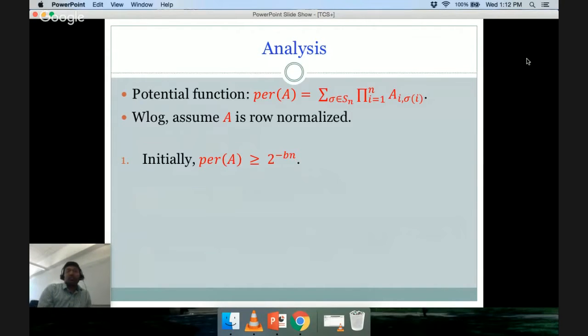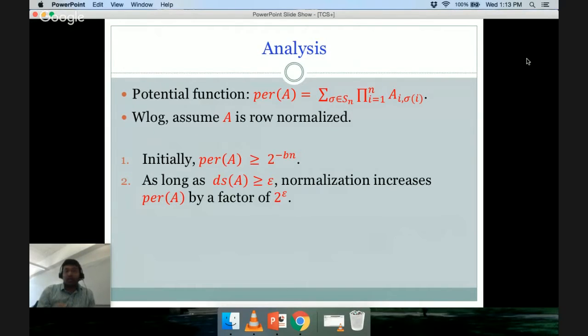Initially, the permanent of the matrix A is at least 2 to the minus bn, where b is the bit size of the entries. This is easy. The permanent of A is at least the product of the diagonal entries. Each of the diagonal entries is at least 2 to the minus b, so the permanent is at least 2 to the minus bn. As long as the matrix is far from being doubly stochastic, let's say epsilon far